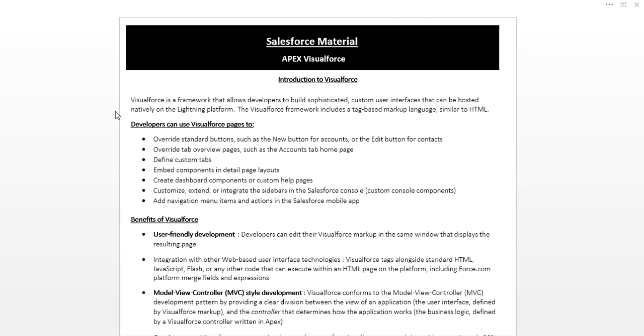Visualforce is a framework that allows developers to build custom user interfaces that can be hosted natively on the Lightning platform. The Visualforce framework includes tag-based markup language, similar to HTML. विजुअल फोर्स में फ्रेमवर्क लैंग्वेज यूज किया जाता है डेवलपिंग के लिए। उसके बाद जैसे लाइटनिंग प्लेटफॉर्म यूज किया जाता है और HTML लैंग्वेज।